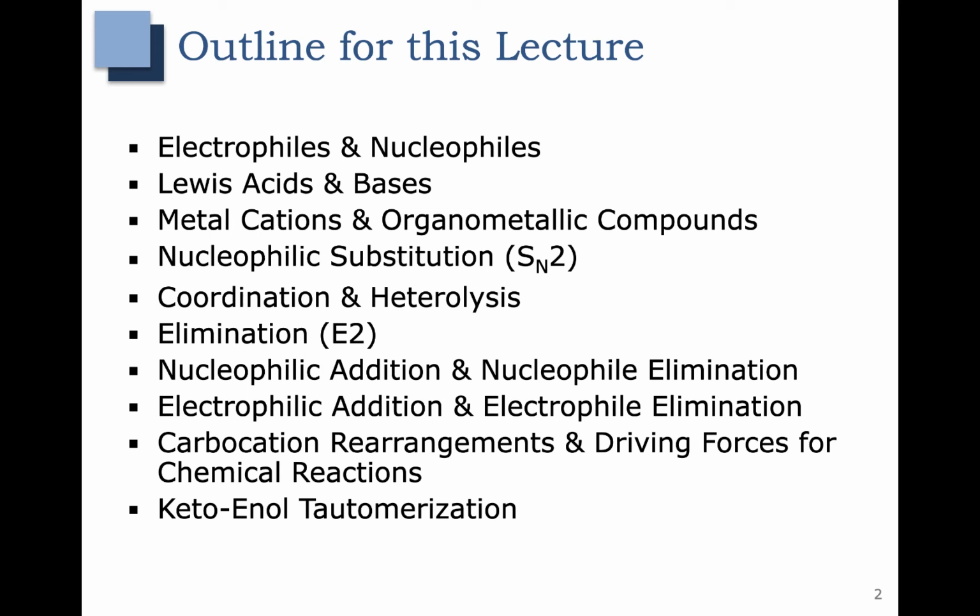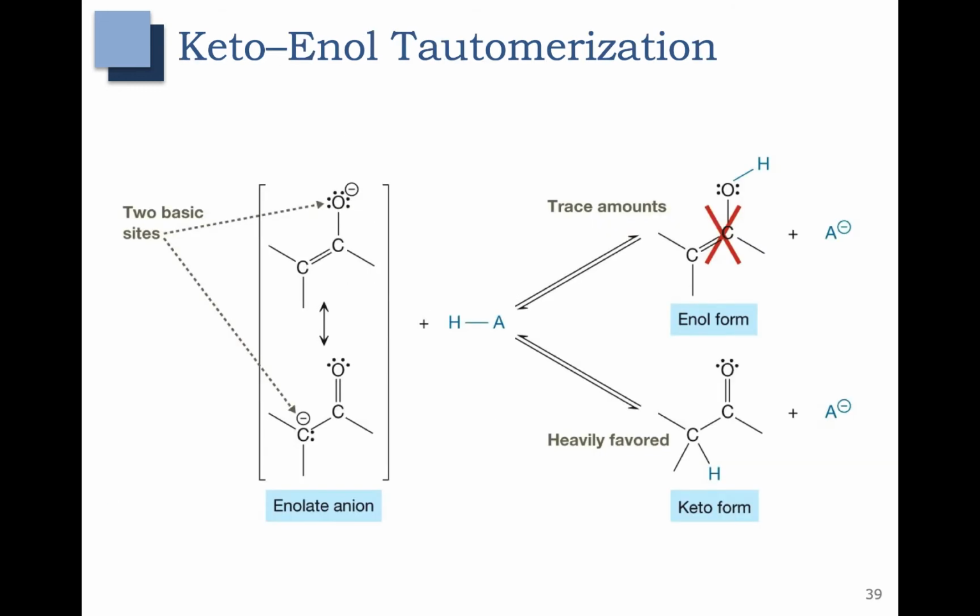In this video, we're going to talk about keto-enol tautomerization. Ketones and aldehydes have two possible forms, a keto form and an enol form. The process for converting from one form to the other is known as tautomerization. If you have the keto form and you are going to the enol form, it's referred to as keto-to-enol tautomerization. And if you have the enol form and you're going to the keto form, it is referred to as enol-to-keto